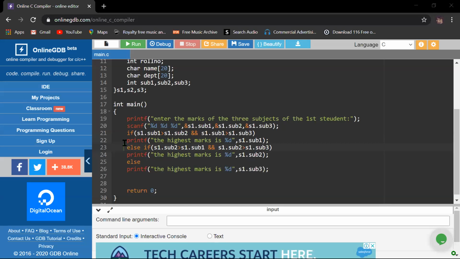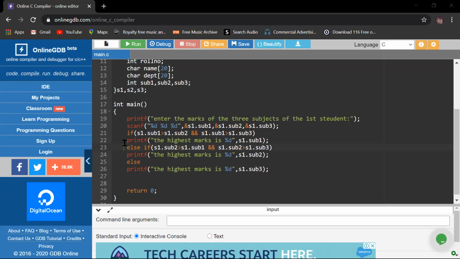All these things go in the display part, and one by one you have to print the highest marks according to the subjects as well as the student. You have to print the student details along with the highest marks, because unless you do, you can't say who is getting the highest marks.